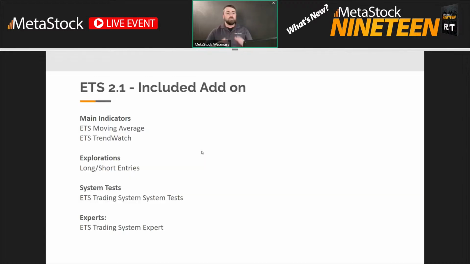Now, even with all those things we just covered that are new to MetaStock, we didn't just stop there. We took some of our extremely popular add-ons that we've been selling for years, and then the ETS, which we've been selling for decades, and they're now included for free inside of MetaStock 19. Love that. It's absolutely fantastic. ETS stands for Expert Trading System. I've actually done a demonstration on this in the past when I was brand new to MetaStock. You guys could go check that out on our YouTube, because it goes over the system really well. I should do a new video, and I likely will soon, using it inside of 19.